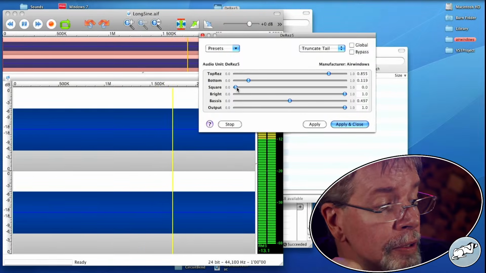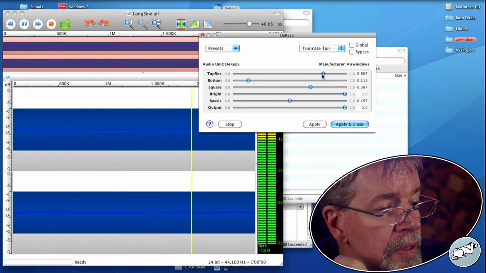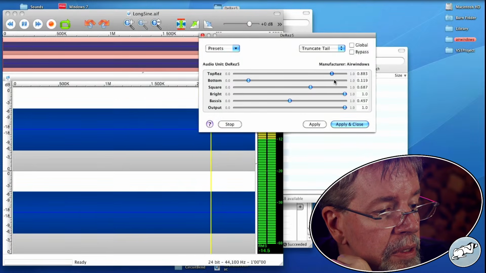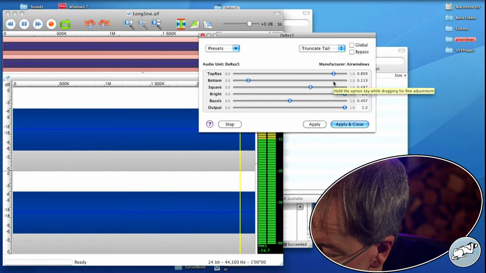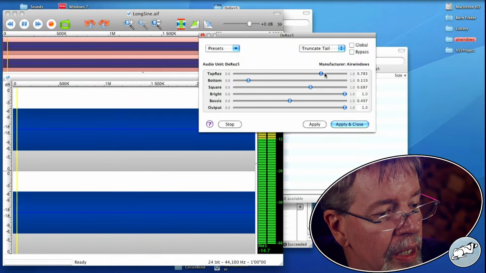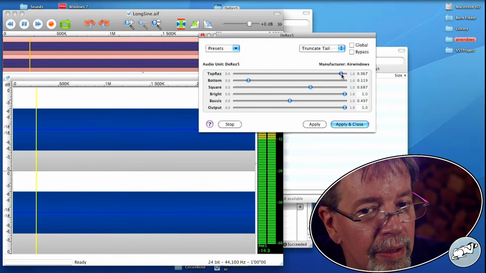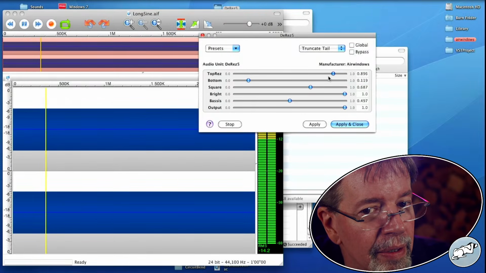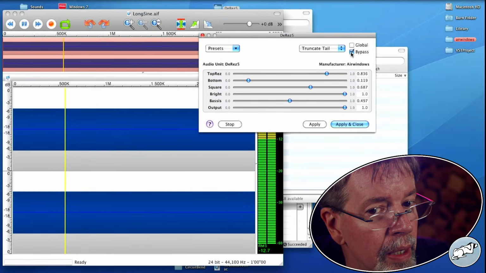Let's have a little more crackle. Oh, we've gone stereo. It's become nonlinear. It is a sine wave.